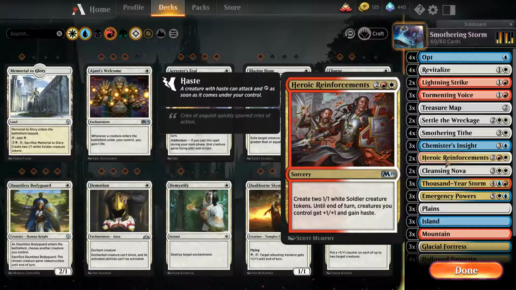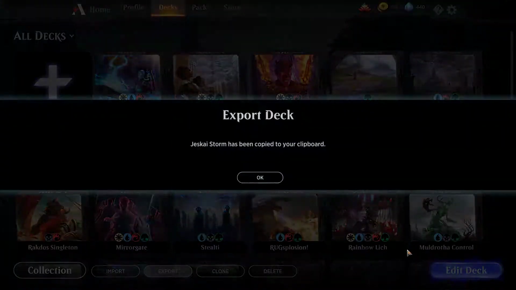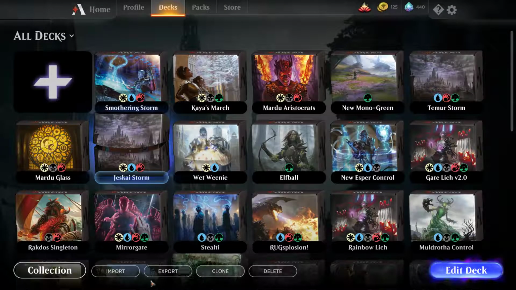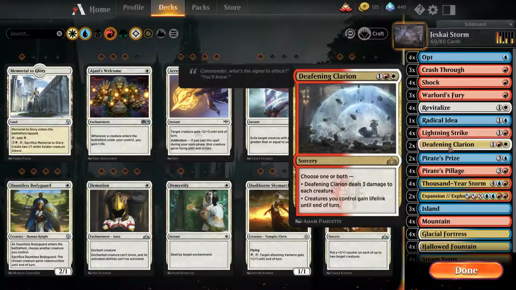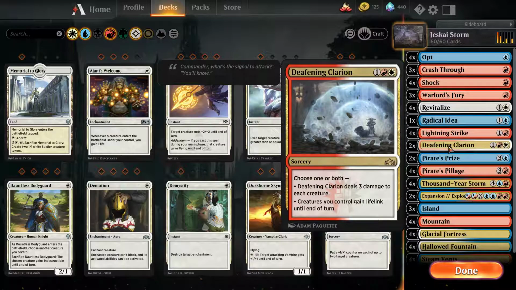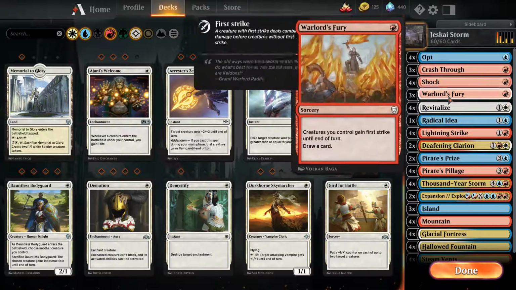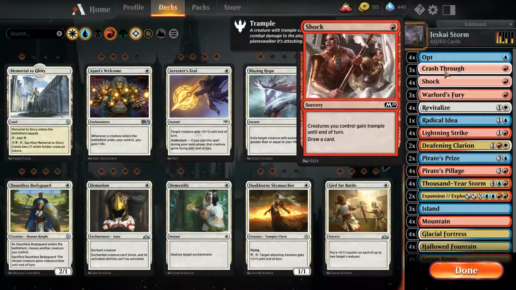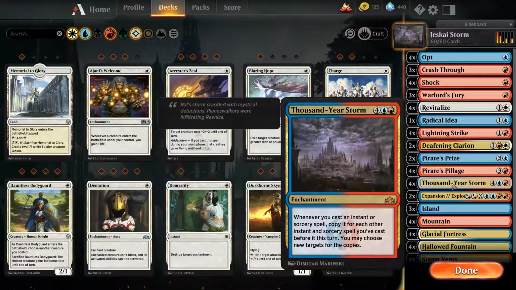I think it's hilarious. I mean, hell, maybe it's worth just... I had a Jeskai Storm list. Whoops. I had this Storm list. No, that's not what I wanted to do. I wanted to edit. Derp. That ran Revitalize and Deafening Clarion to get us to the point where we were storming off against Mono Red. But it ran all of these other things that were just much stronger for draw. I'm sorry, Warlord's Fury and Crashster. Like, that is real good for what we're trying to do. Once you hit that storm...